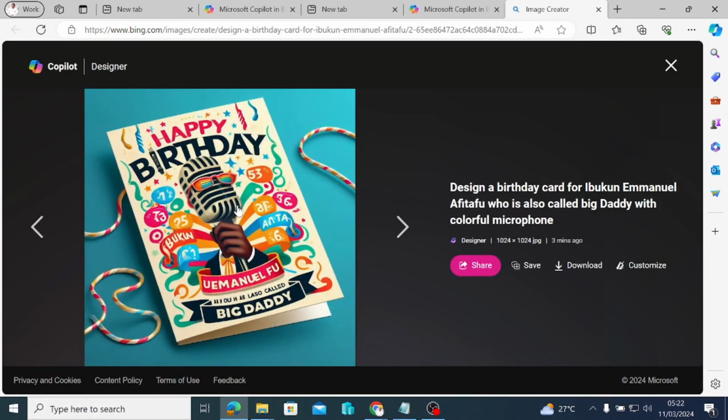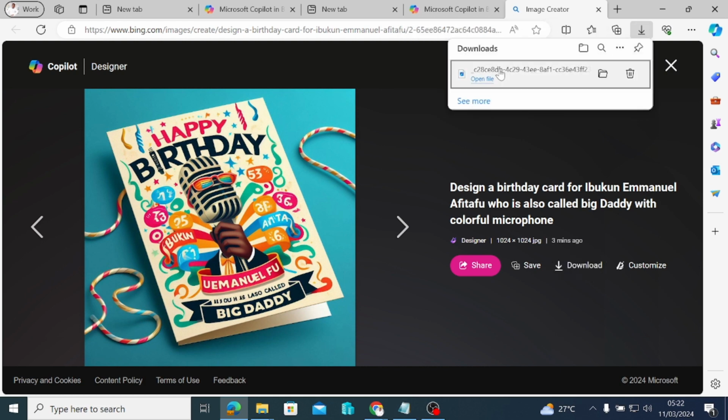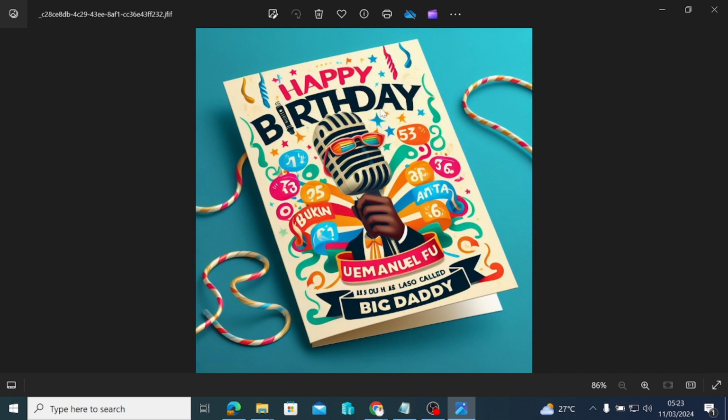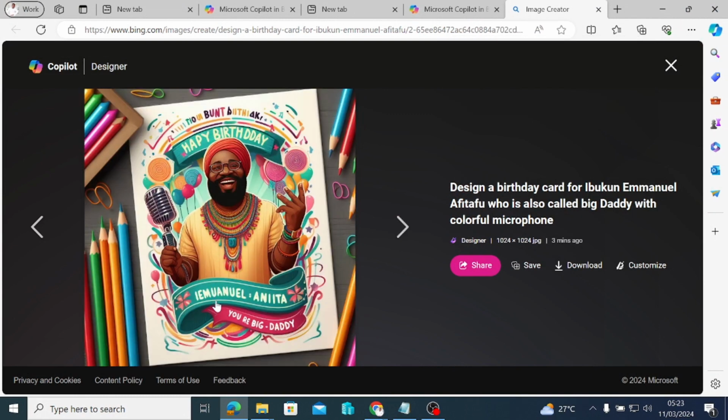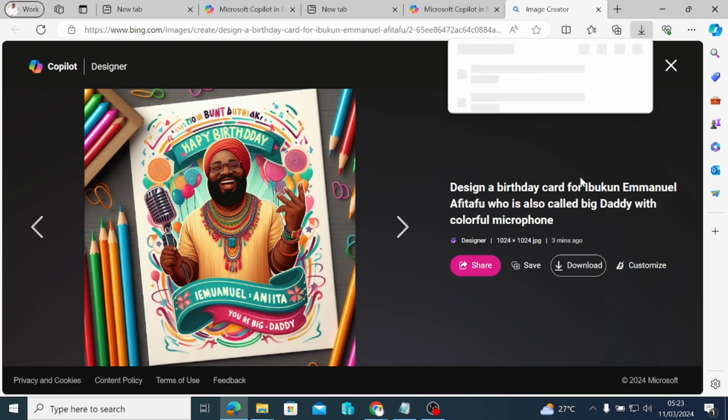So look at it. So this time you can now download it. We can now download it, to see what we have, right? So let's see what is there. Happy birthday, Emmanuel. So this is actually rolled in, right? So this is not actually very nice, but of course you can choose to go for anyone that suits you. You can scroll through if this is fine by you, so you can share the link directly, or you can as well download and see how this looks